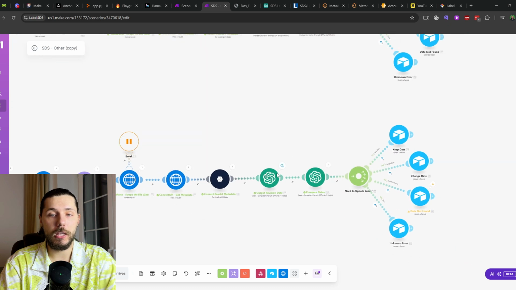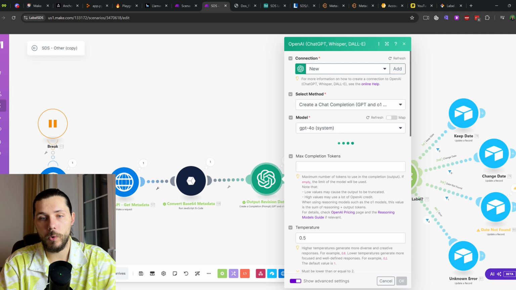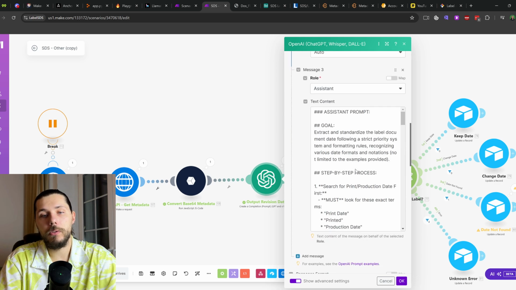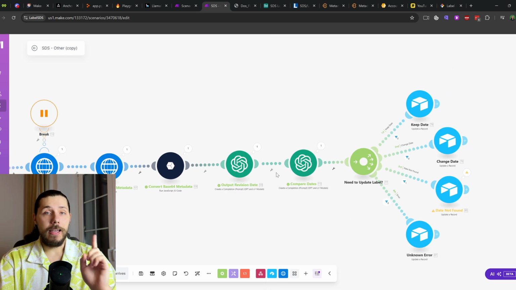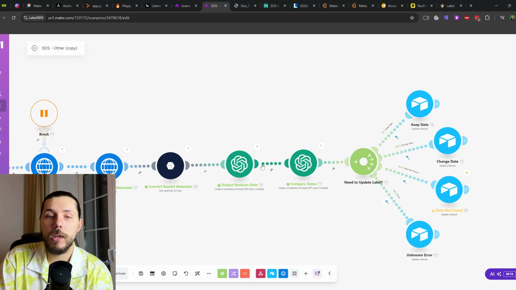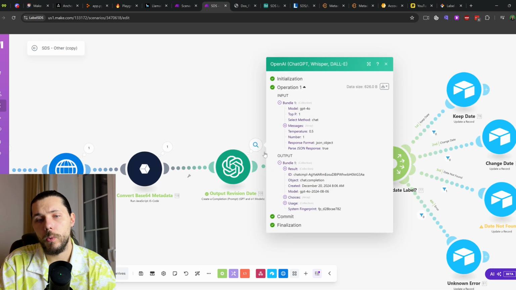If it goes for the labels, it does the same exact thing. It's just a different wording where we are asking it, instead of the SDS, to analyze the label. It will do the same thing anyway, but it's just easier for the AI to understand what it's looking for. Okay. Then what I was saying is that in the final scenario, we actually have a router here where we